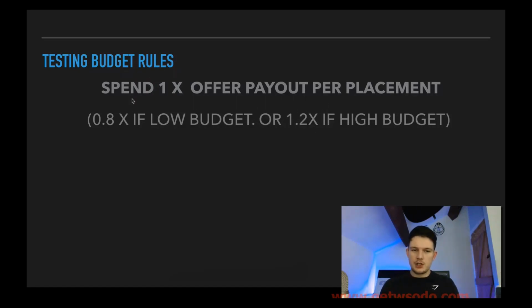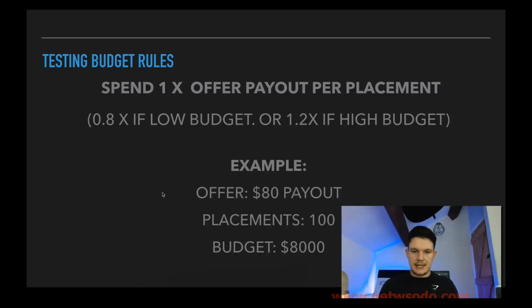But a good rule of thumb is just going for one times the offer payout per placement. I'll explain a little example here. Say the offer is $80 that we're getting paid for every conversion that we generate, and we're going to run our campaign on, say, Rev Content, and we've decided to run it on 100 placements. I'm going to talk you through in the next video how we can target specific placements. But if we're going to run it on 100 placements, spending 1 times the offer payout per placement, that's going to be $8,000 that we need to spend